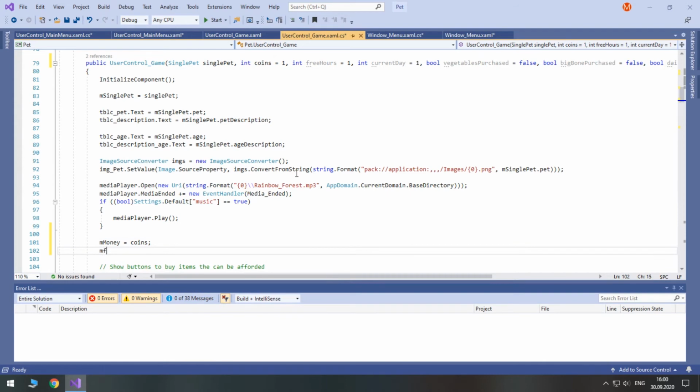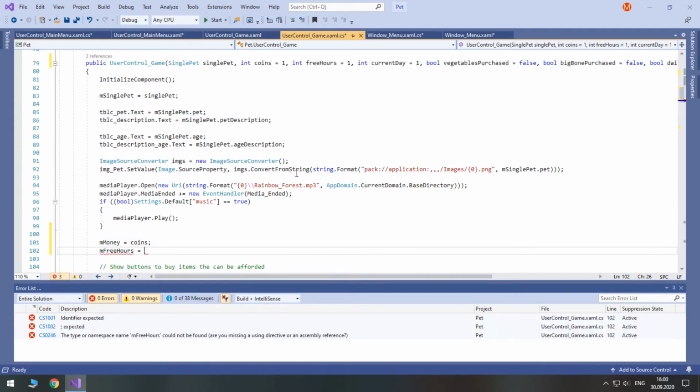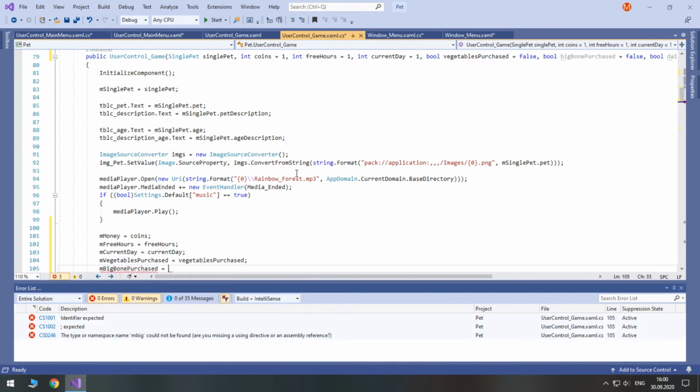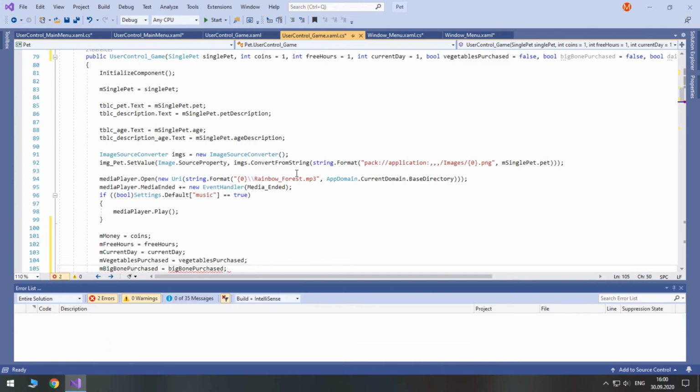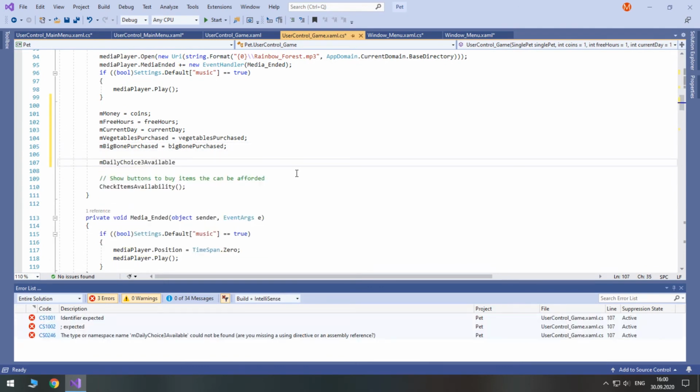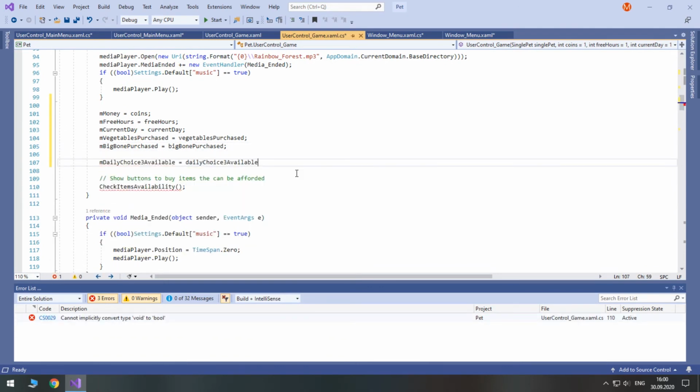Then free hours is equal to free hours. Current day equals current day. Vegetables purchased equals vegetables purchased. Big bone purchased equals big bone purchased. Daily choice 3 available equals daily choice 3 available.